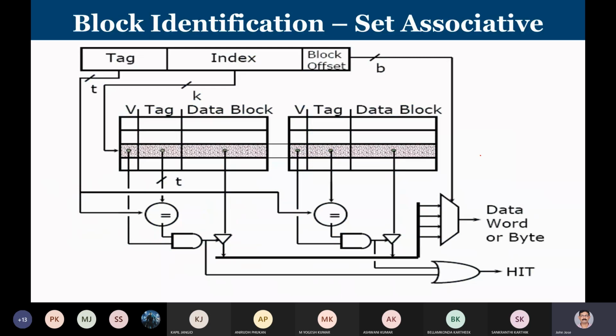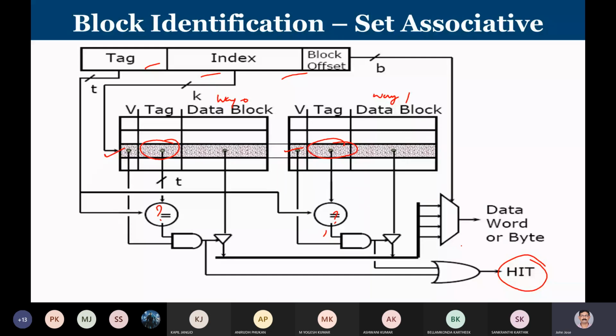This is how a set associative cache looks like. CPU is giving tag, index, and offset. Since it is two-way associative, I have two portions now. This is known as way 0, and this is known as way 1. So in both the sets, I perform the search parallelly using the index. I search here and here parallelly. Then I extract the tag value of way 0 and way 1 and compare with the incoming tag. If that matches and the valid bit equals 1, that indicates it's a hit. So a hit will happen only in one place.